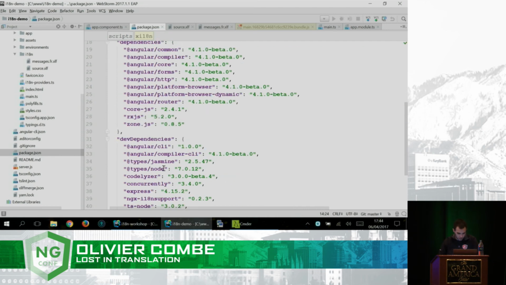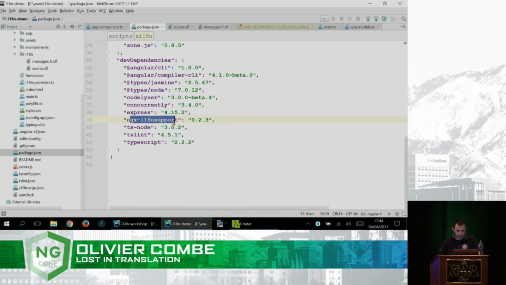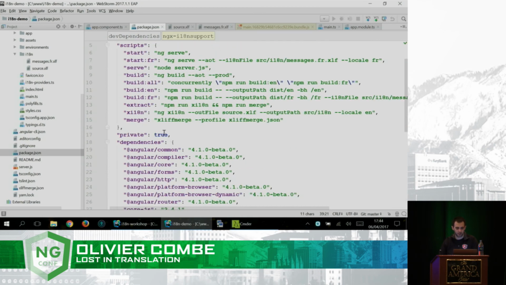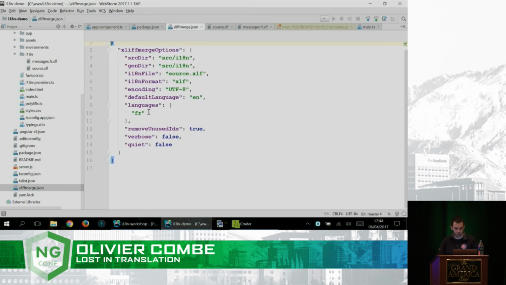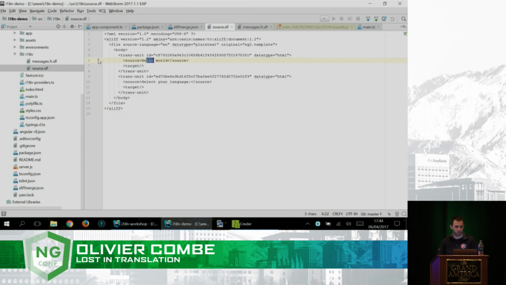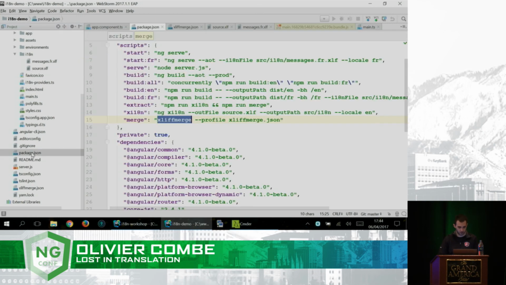It's called ngx-i18nsupport, and this has different tools, and one of them is xliffmerge, which will, given some configuration here, you can add as many languages as you want, and when you extract, it will just take the source and merge those inside of each of your translations, and it will create the translation files for each language that you define. So this is quite useful. Okay, so